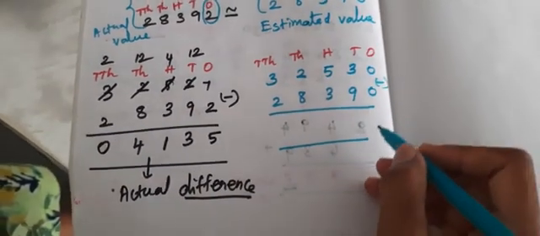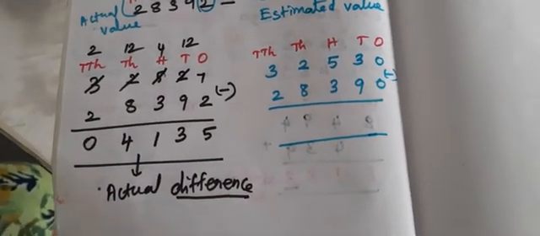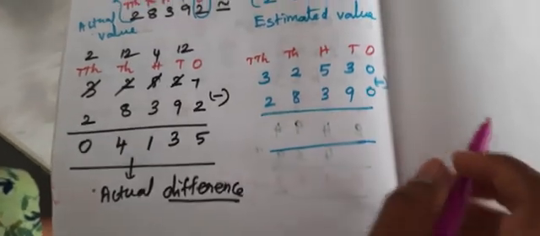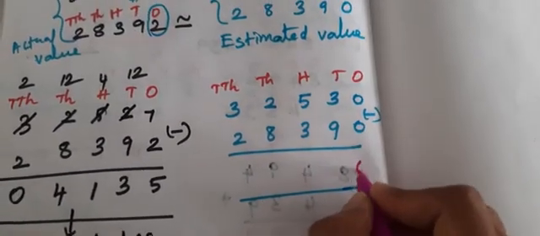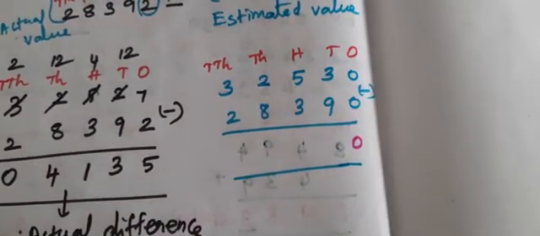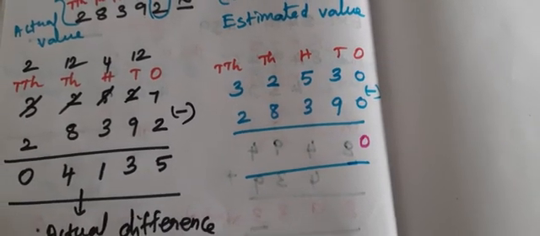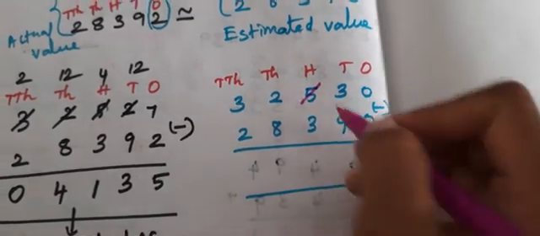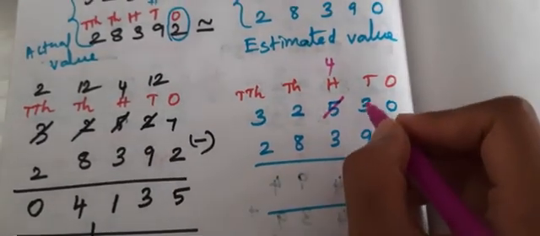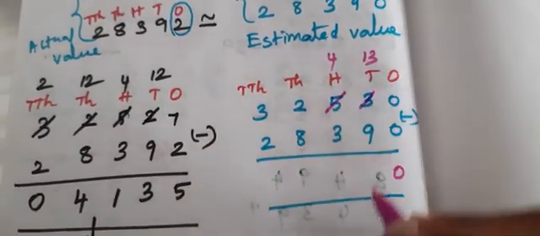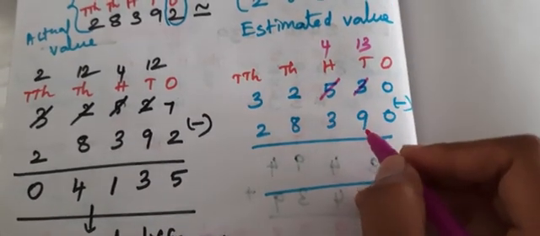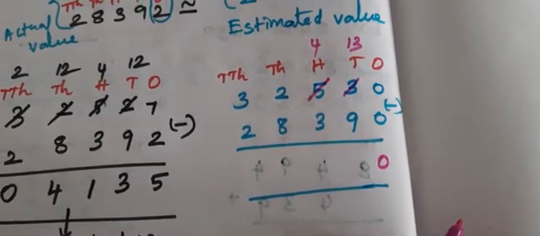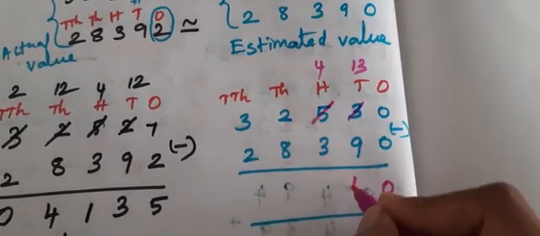Okay, for the estimated difference, we have to proceed at which place? Ones place. What are the numbers in ones place? 0 and 0. 0 minus 0, it's 0 only. 3 minus 9, is it possible? No. We have to get help from the 100 place, 5. Here I am going to take 1. It will change to 4. 3 is changed to 13. 13 minus 9, what is the answer? Yeah, it is a 4.